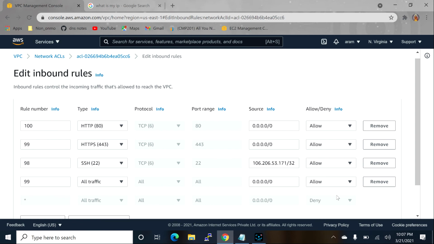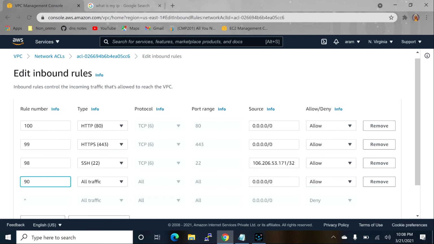If you are giving it this way, it's totally wrong. See, what is the meaning of these two rules? In 90, I gave all traffic to everybody. All traffic will allow HTTP, HTTPS, whatever. In 98, I'm allowing a particular network to SSH.